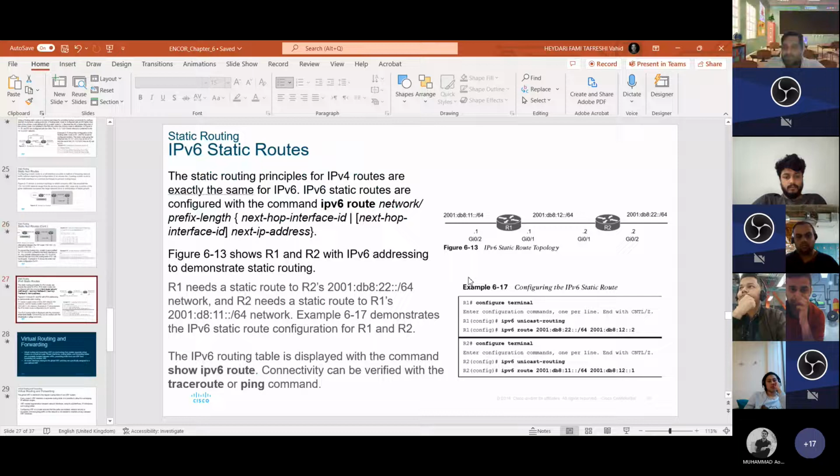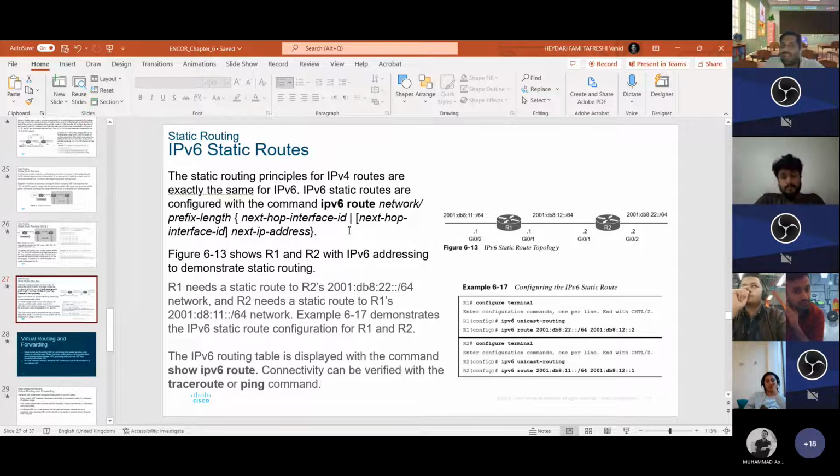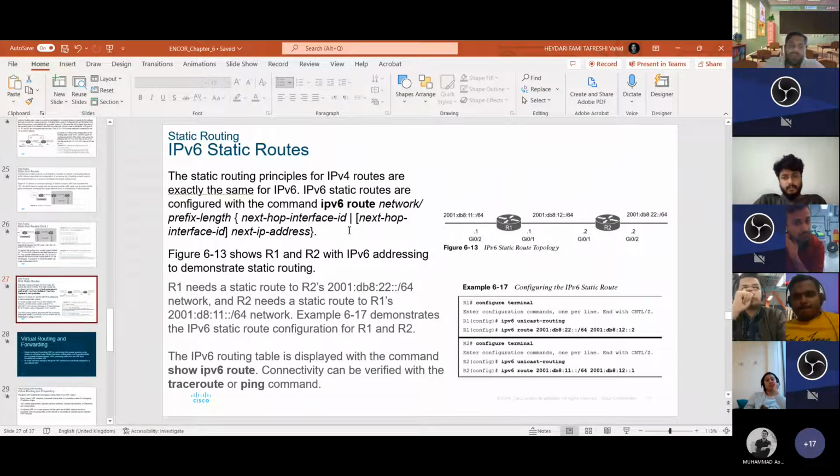How do we do that? I think it's not here, but in the book you can search for it, and they tell you the exact command. Basically, you put null 0 at the end of the command that you have. I think I have mentioned this before, but just to let you know that any